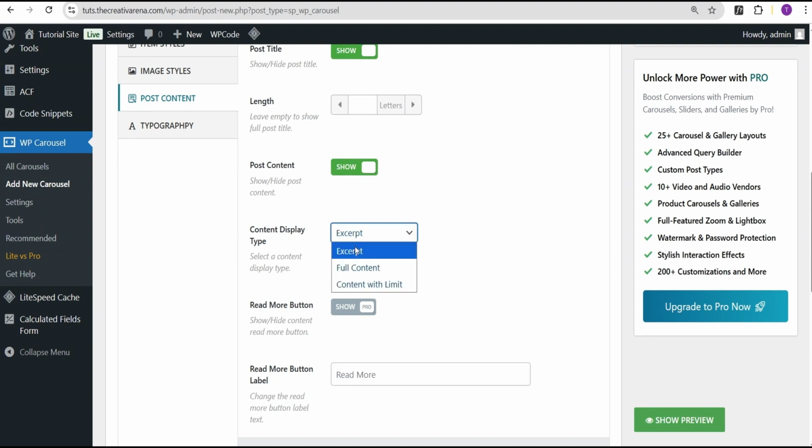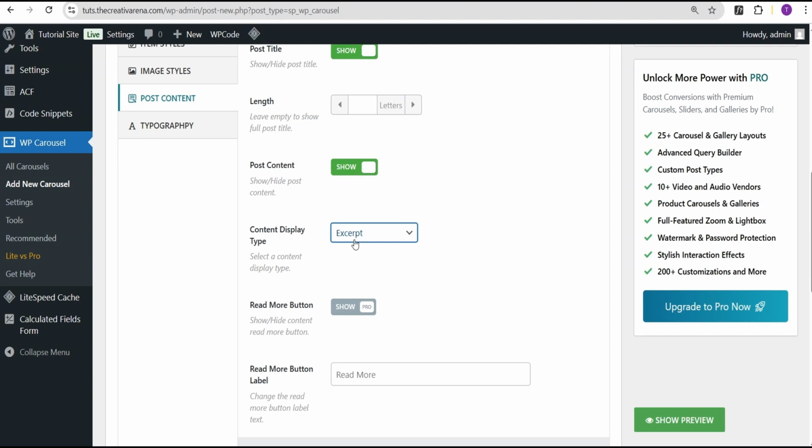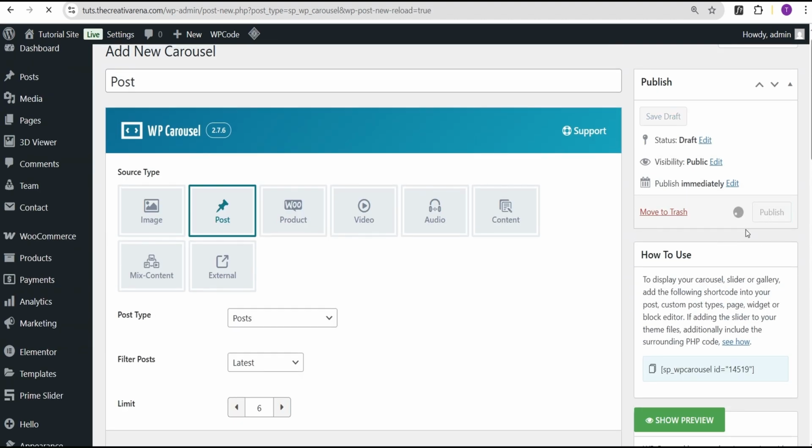However, you can see here that you have full content and then content with limit. However, if you select the content with limit, it's available for pro feature. You can't really do that. Full content, you can select that, and then excerpt, you can select that. But there is a hack you can go about this excerpt, because the excerpt, when you do that, it's kind of not organized. So if you want to organize your excerpt, there is a little bit of stuff you need to do. So once you've done this, I'm just going to come over here, click on publish,